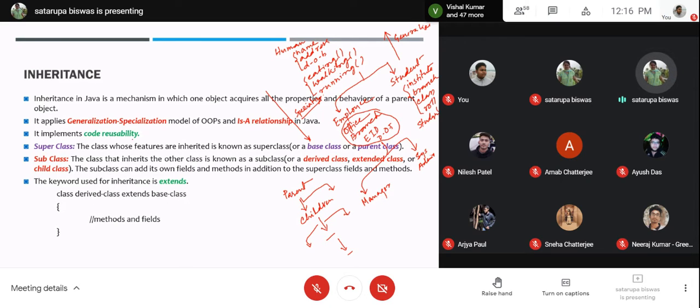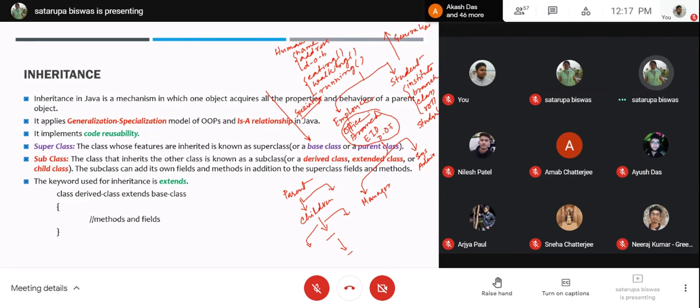It implements code reusability, obviously. If you have to declare employee and student separately without the help of this common class, then whatever you write inside the common class, you have to write twice. Once in employee, another time in student. So basically we are reusing the same code in two of the classes. So here comes the essence of code reusability. Furthermore, for manager and sysadmin, their common properties are written once, and then further common properties are written inside the human.